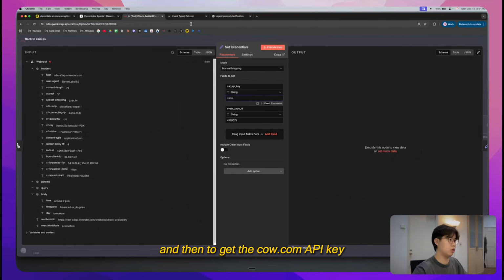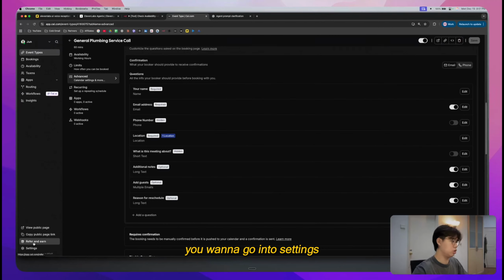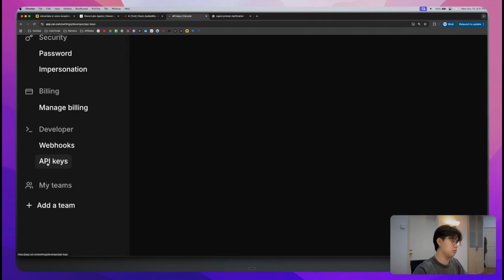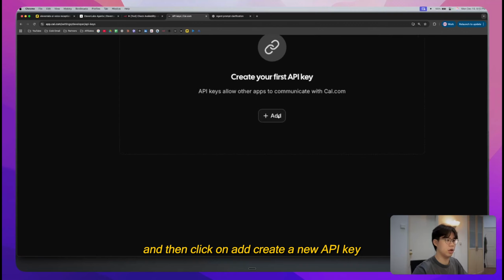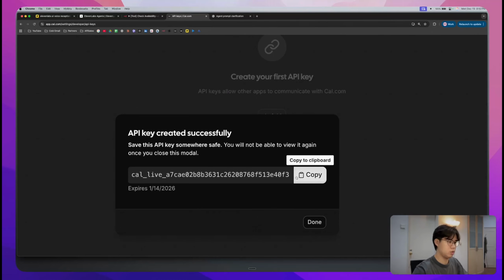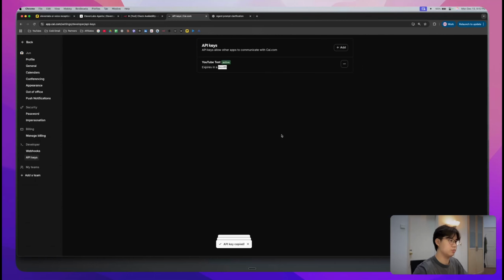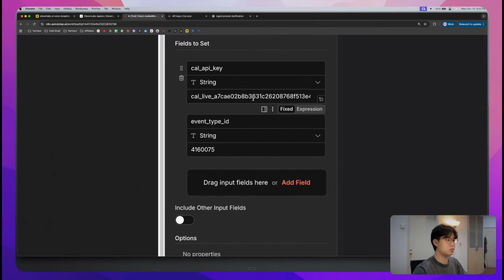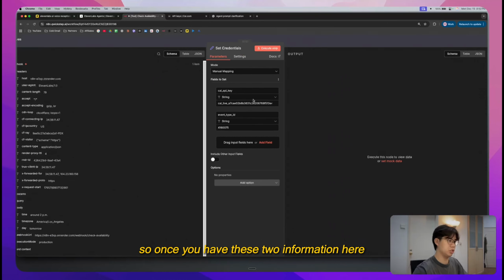And then to get the Cal.com API key, you want to go into settings, click on API keys, and then click on add to create a new API key. I'm going to name this YouTube test, and then click on save. Then copy this, go back to your workflow, and paste the API key there. So once you have these two pieces of information,